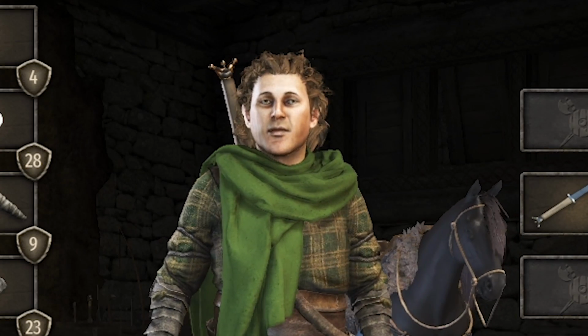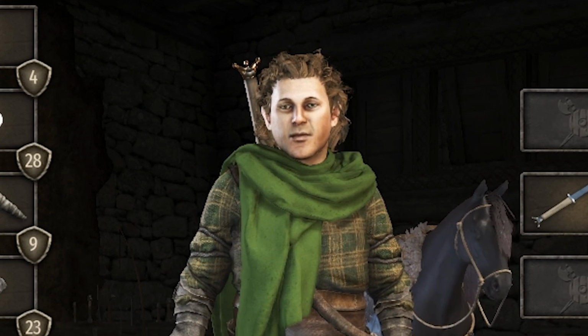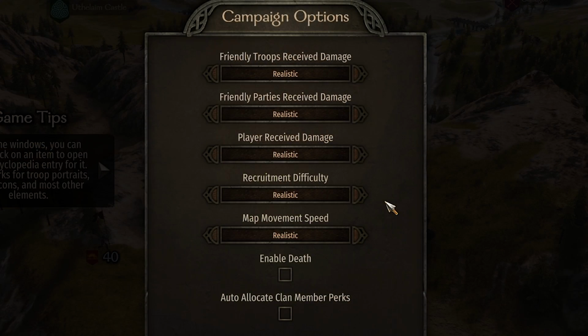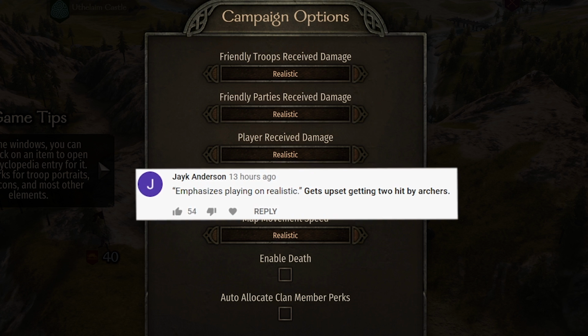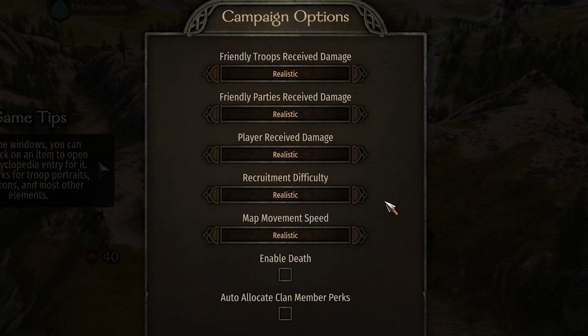So welcome to episode 2 of my modded Bannerlord run, where I've tried to rebalance the game for melee and make it more fun, as in my opinion range is just way too easy, but melee seemed like it was too hard. We were playing on realistic difficulty, and I like this comment, emphasizes playing on realistic, gets upset getting 2 hit by archers. Look, I'm not necessarily saying the game should be realistic, I just like the game being